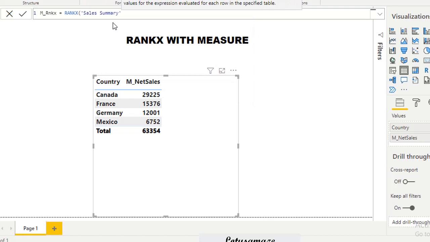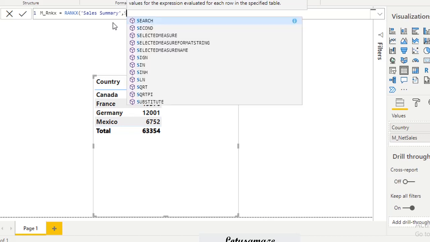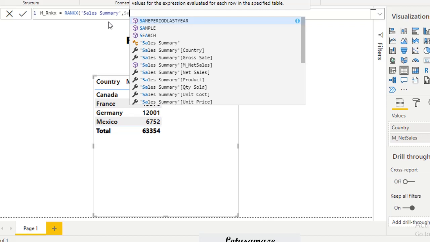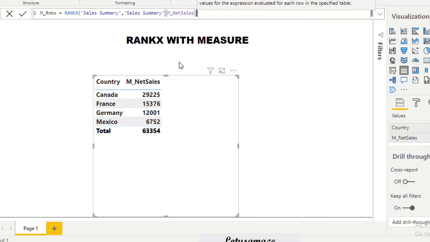Sales summary, then expression. You can observe here this expression is evaluated for each and every row. So we will take the measure we recently created, M net sales, then all default and create this measure. Now we drag and drop this rank measure.